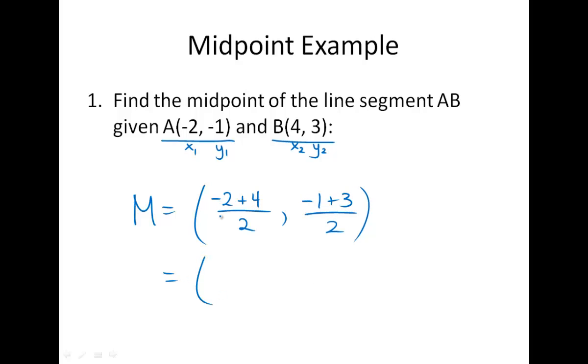Calculate that, you get 4 minus 2 is 2 over 2, comma 3 minus 1 is 2 over 2 as well, and in this case our midpoint is (1, 1). Please also note that your answer may not always be a nice whole number. So an example of that would be